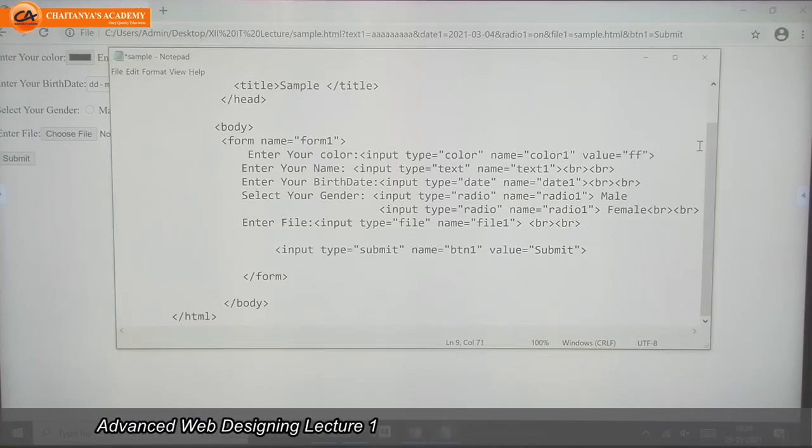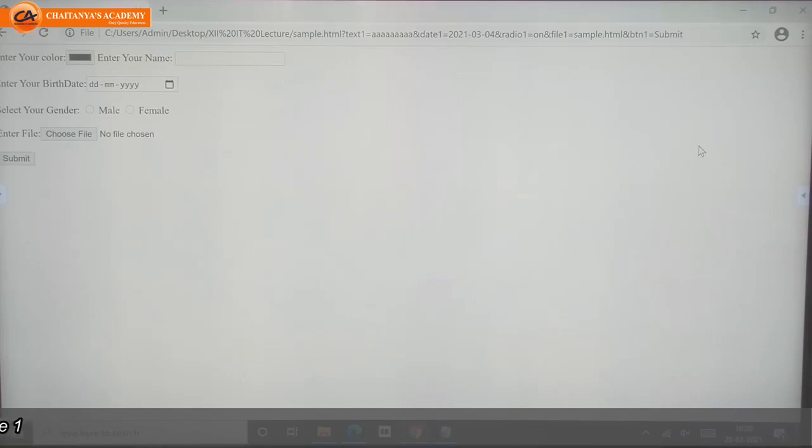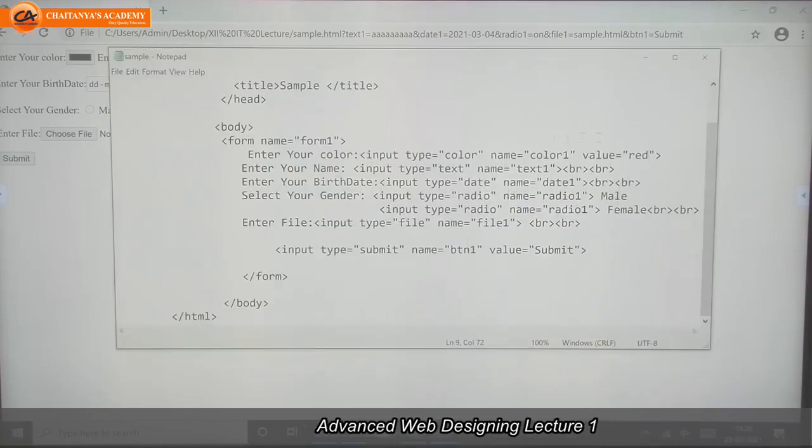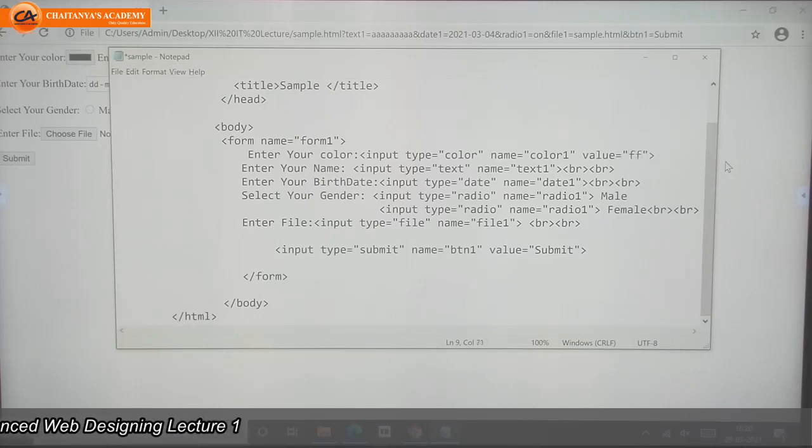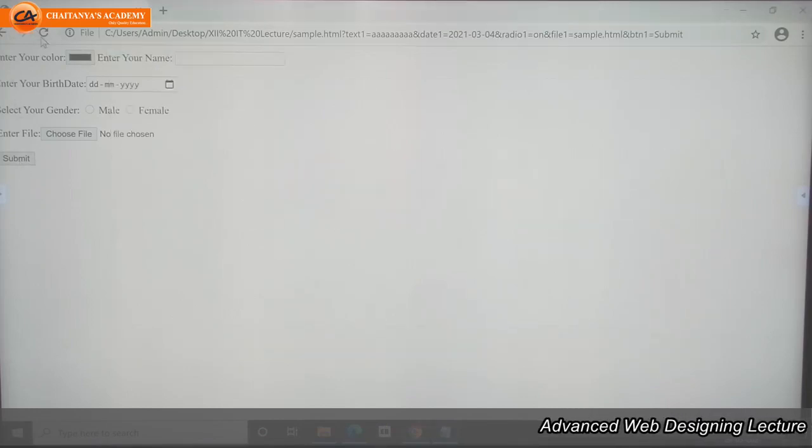If you don't know the color code, you can write the name. We can't write the name. We have to give the value in code as FF0000. Then the color is black.